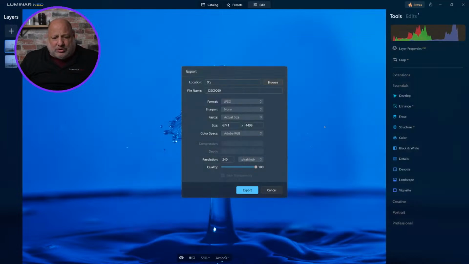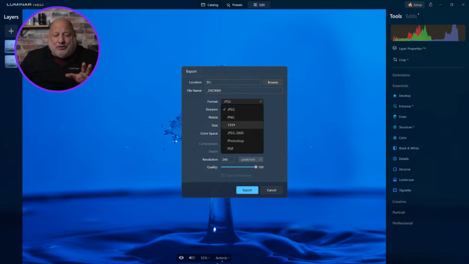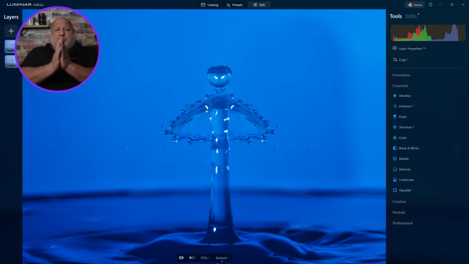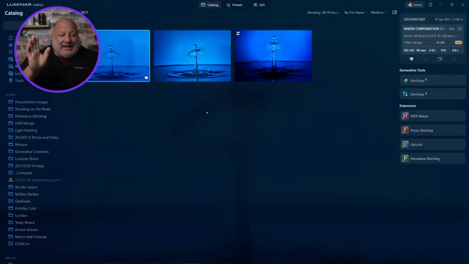So I'll select that folder, and I'm going to leave it as a JPEG. Yes, I could and should bring it in as a TIFF, but for now, JPEG is fine because I want to deal with a smaller file size. So I'm going to export it. And once it exports, it's going to merge those two layers together. So engineers, once we get this fixed and I'm able to merge my layers, then I can actually skip that